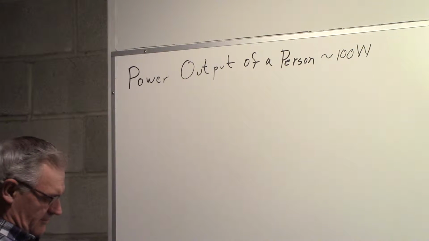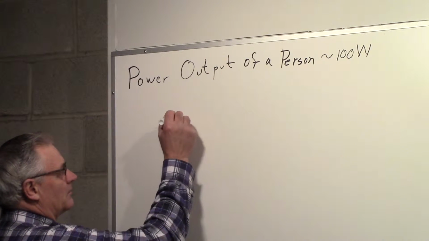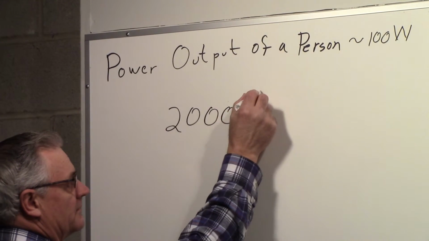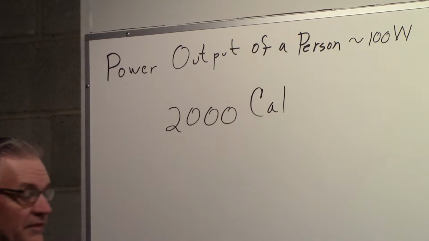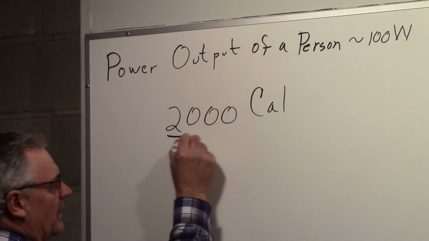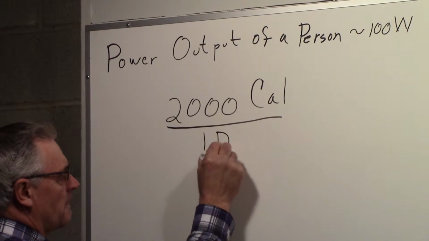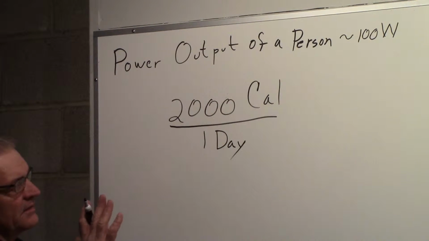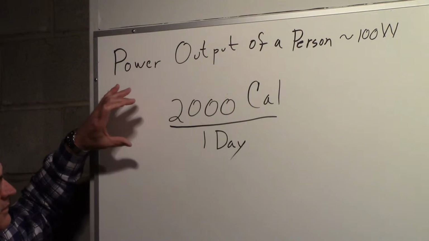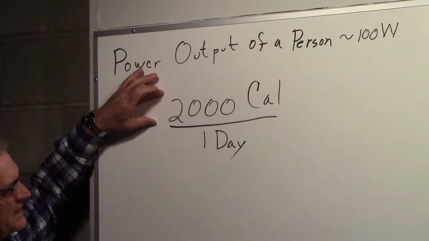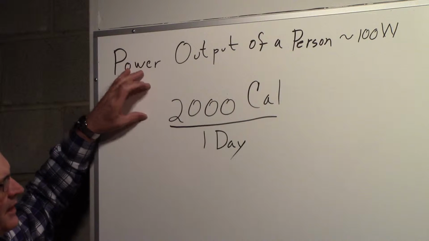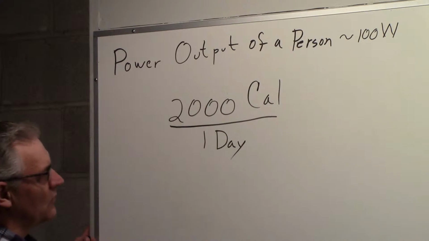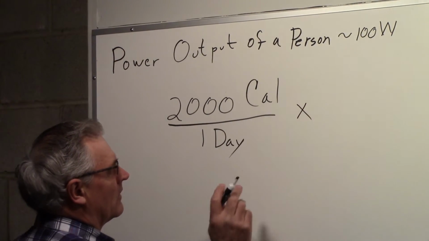And it's really simple. We'll take the example before that we had of saying that a person consumes 2,000 calories in one day. So all we have to do now is convert this to watts. We have the right units here. Calories is energy, day is time, energy over time is watts. So to work it out into watts, first thing we'll do